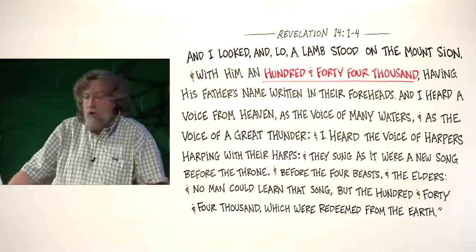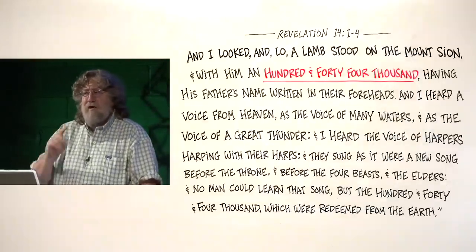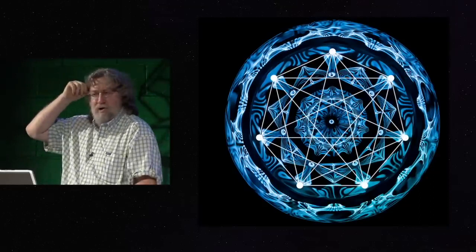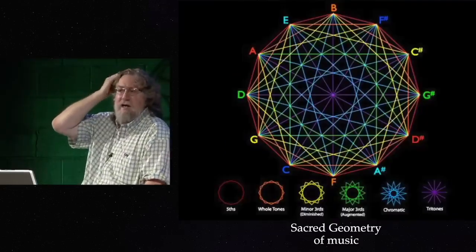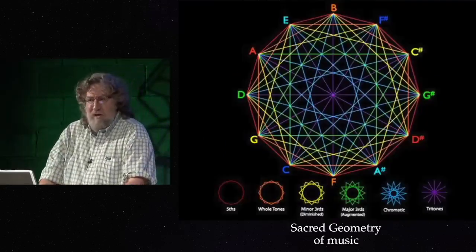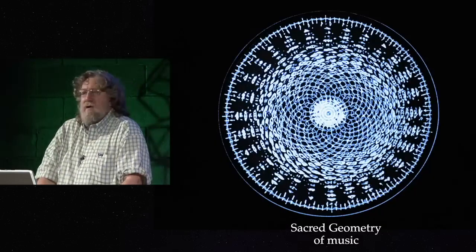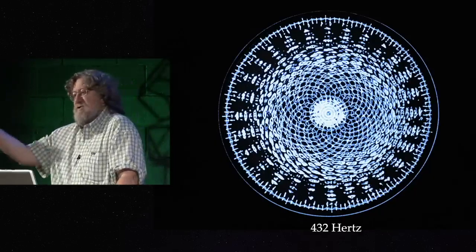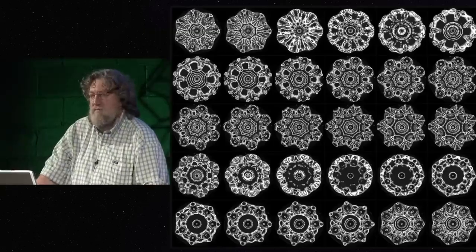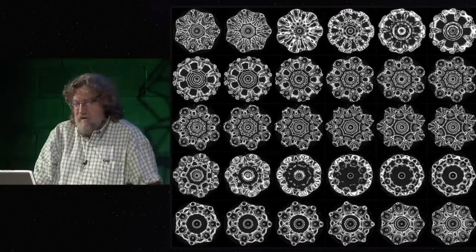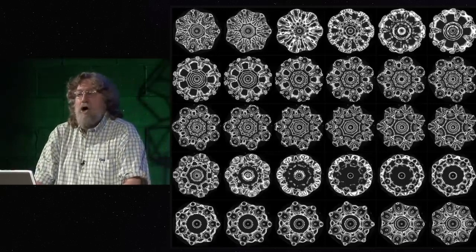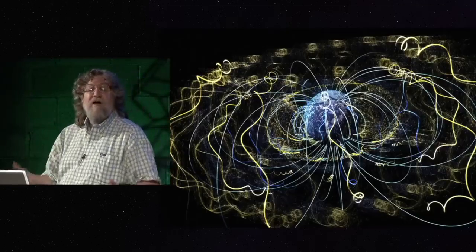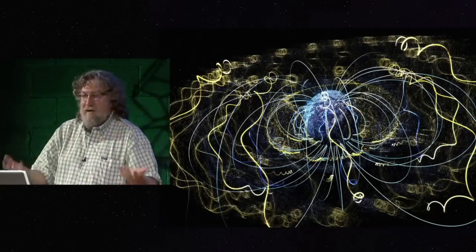Also from the book of Revelation, the reference to the new song is very interesting, because, and I would defer later to Jeremy on this, who's been studying the sacred geometry of music, there is a Phrygian mode of representing the octave that goes from 432 cycles per second to 864 cycles per second. So the reference to singing a new song suggests to me that possibly we're talking about a change in frequency involving life here on